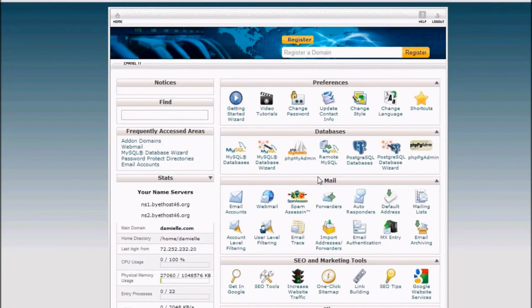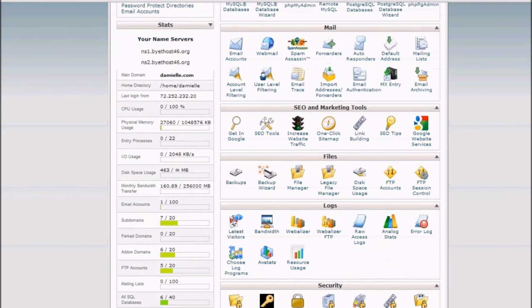In this video, we are going to install WordPress from our control panel. So I'm just presuming that you've already gotten a hosting account with the control panel and you've registered your domain. So the first thing you want to do is go and look for